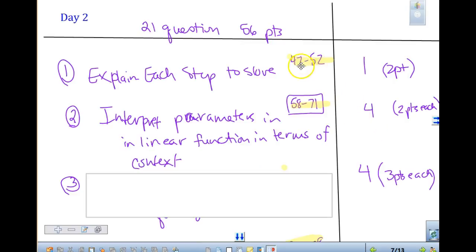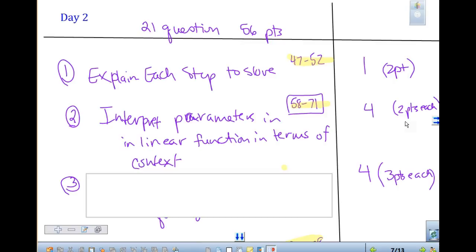So this is the questions on the review. The first one was from 47 to 52, 58 to 71. There's 4 questions, 2 points each. This might be a question where I say something about when you look at those questions that were in your homework, where I say, oh, when you look at question number 58 and you were looking at that table of people and cost, and then I might say, well, what does the slope mean? And you say, well, the slope equals this, and I'll say, well, what does it mean in terms of this